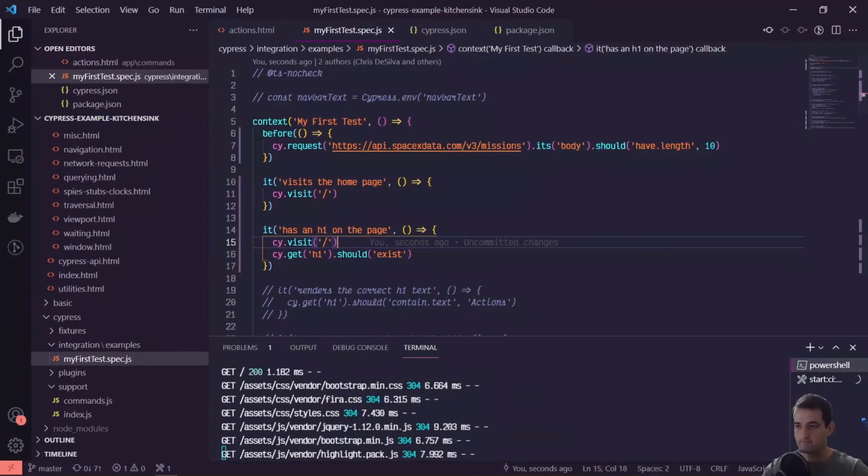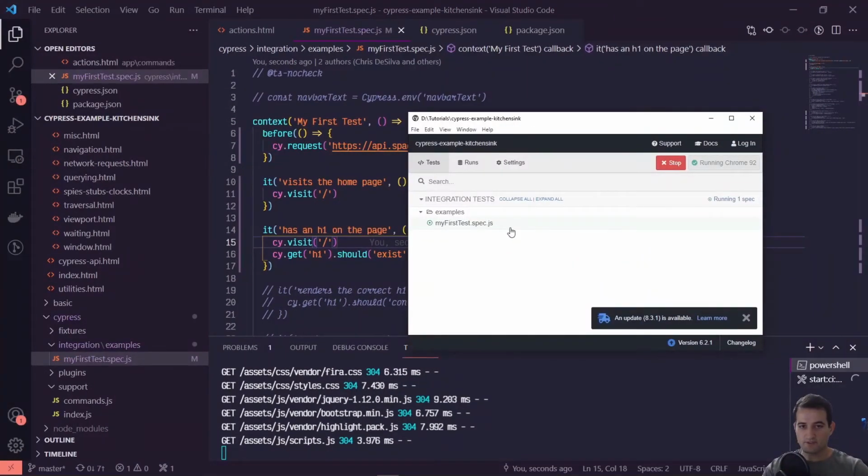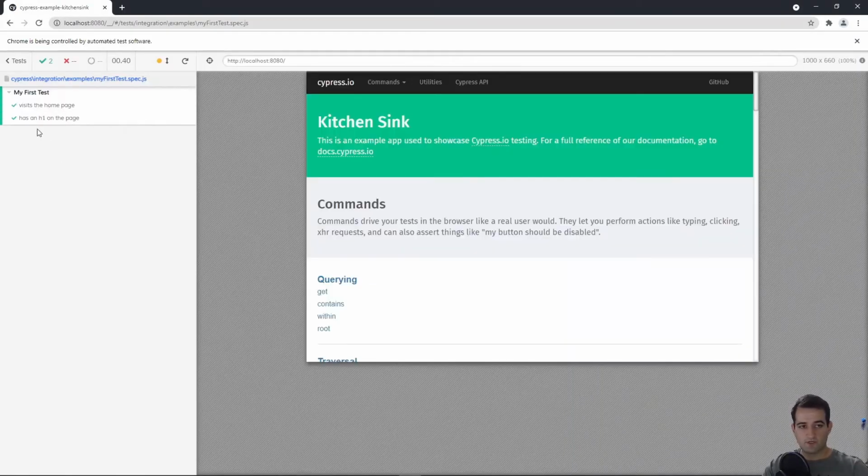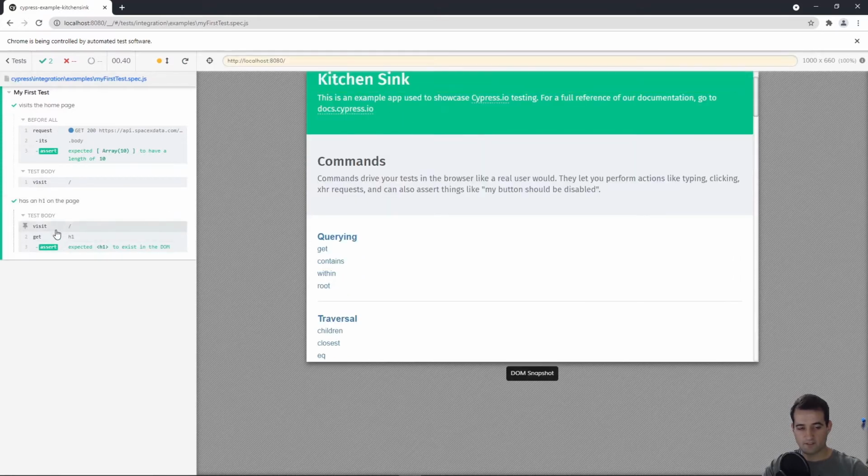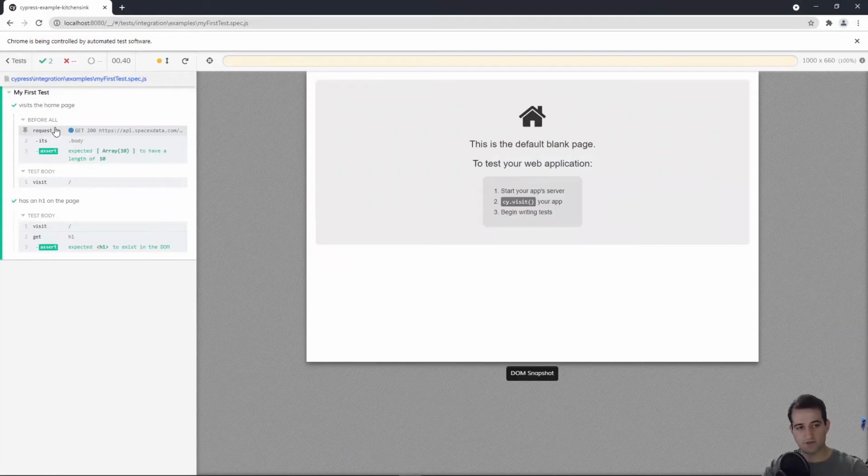So let's save that. Let's open our test runner. So let's go ahead and stop it. We can run it again. Here we go. Okay, so visits the home page and has an H1 on the page. If we open this up, the first test, we can see this before all that does not appear in the second individual test. So the before hook, which is labeled before all here, presumably just to make it a little bit more clear in the test runner UI,